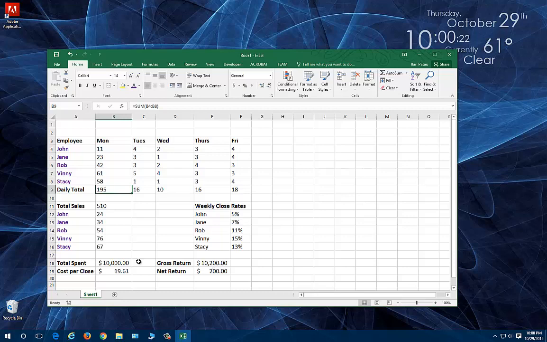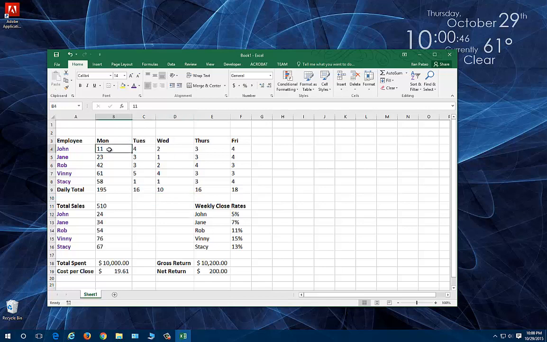You see here how all of our numbers have changed. Our cost per lead is now reduced to 1961. Our gross return is way higher, and our net return is now above a deficit. This is $200. So we can add 100 different conditions here and 100 different variables and 100 different types of data. The purpose of the video is to show you how you can use very simple formulas to create a